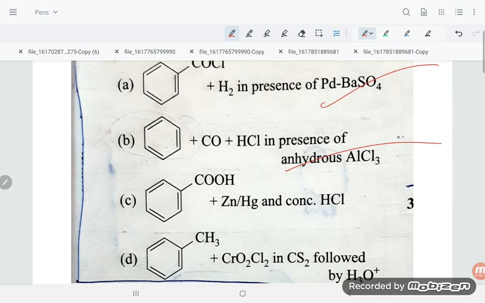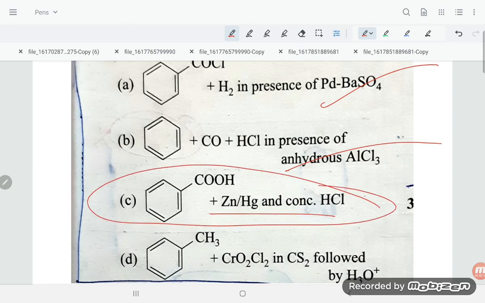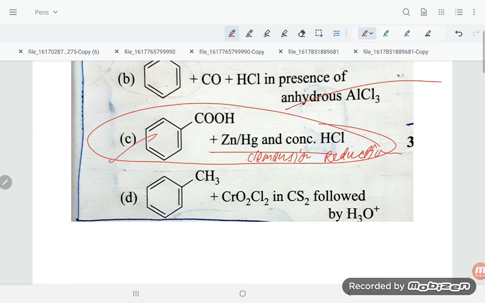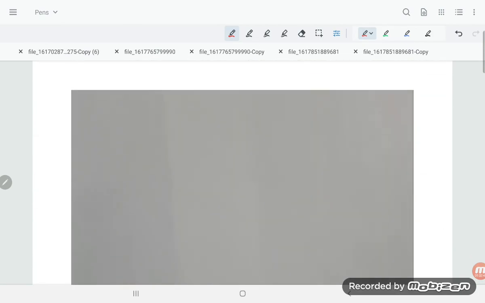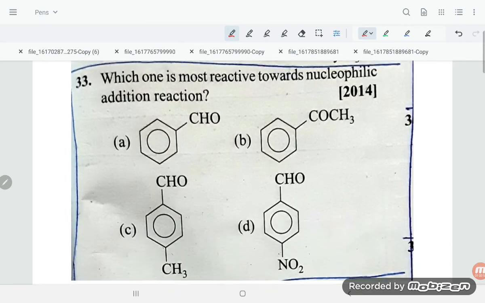COCH3, okay, we can prepare easily with this. C double bond O, OH with ZnHg, this cannot be prepared, students. Okay, because it will give the alcohol. So that is ZnHg and HCl reduce carbonyl group to methylene group. That is, oh, this is the Clemmensen reduction, dear students. This is the Clemmensen reduction. So CO group will convert into the methylene group. Okay, alcohol will form. Okay, so this will be our required answer, students. Now let us move on to question number 33.